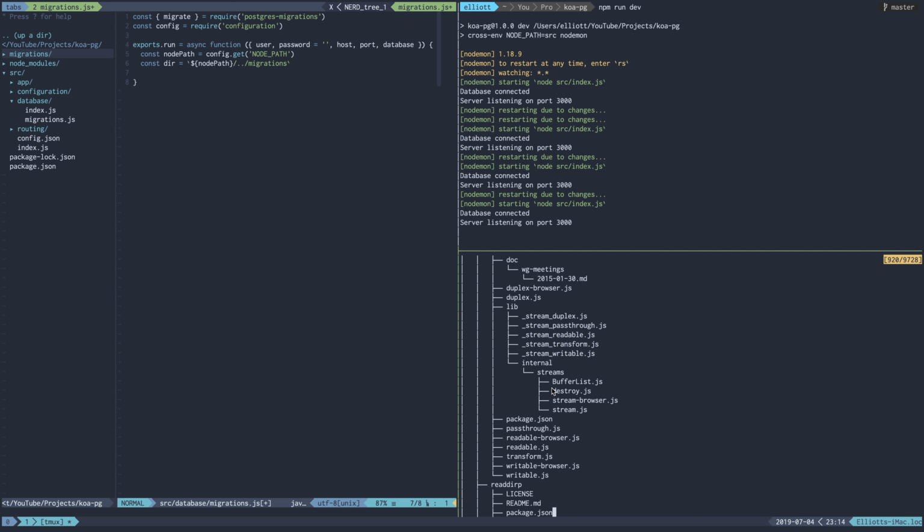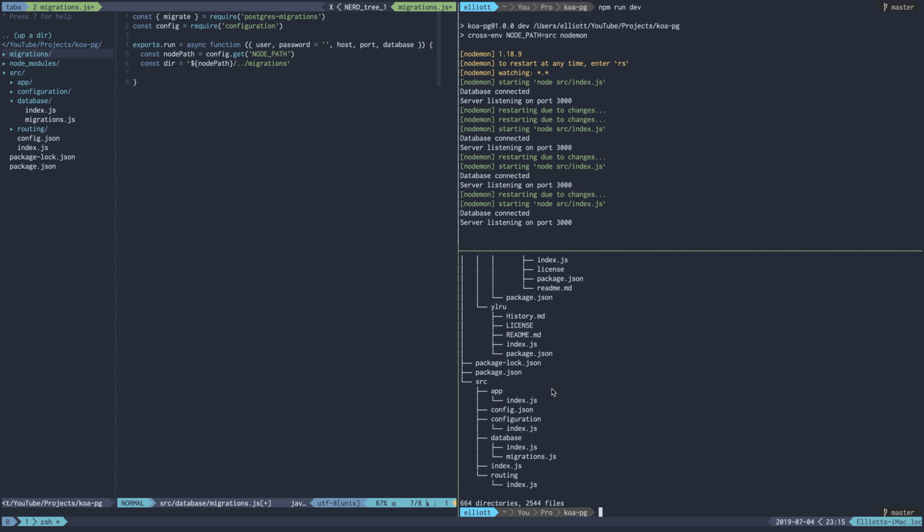That didn't work at all. That did. Okay, so that shows you what our tree looks like. It's kind of a nice little dump, but nothing too exciting here. But so now we've got the migrations up at the same level with our source directory, which is going to